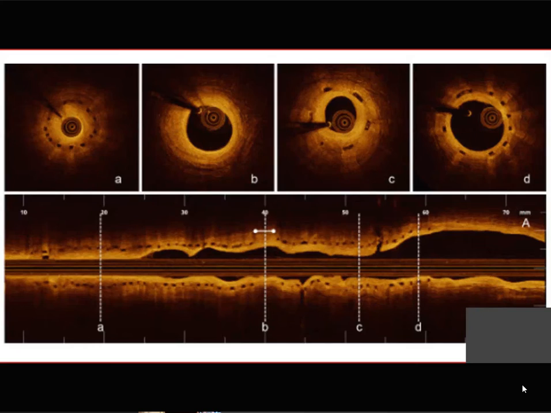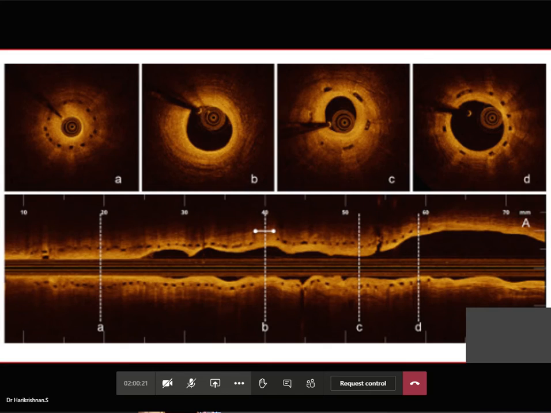Tell me two things which say this is a bioabsorbable stent. Two reasons. The largest strut size. Thicker struts. What is the thickness of a bioresorbable vascular scaffold? 150 microns. What is the thickness of usual stents? 60 to 90 microns. So this is a thicker strut.